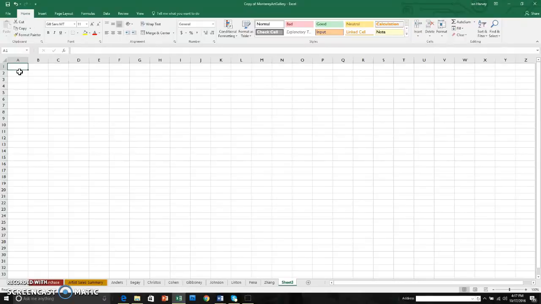Now the way we do a formula is we start with an equal sign, always. The equal sign is what indicates that this is a formula. So equal, and we're going to put in here 4 plus 1, and that is 5. Again, we want to start with an equal sign, and here we're going to do 10 minus 5. So 10, the hyphen is the minus sign, so hyphen, 5, and we hit enter,